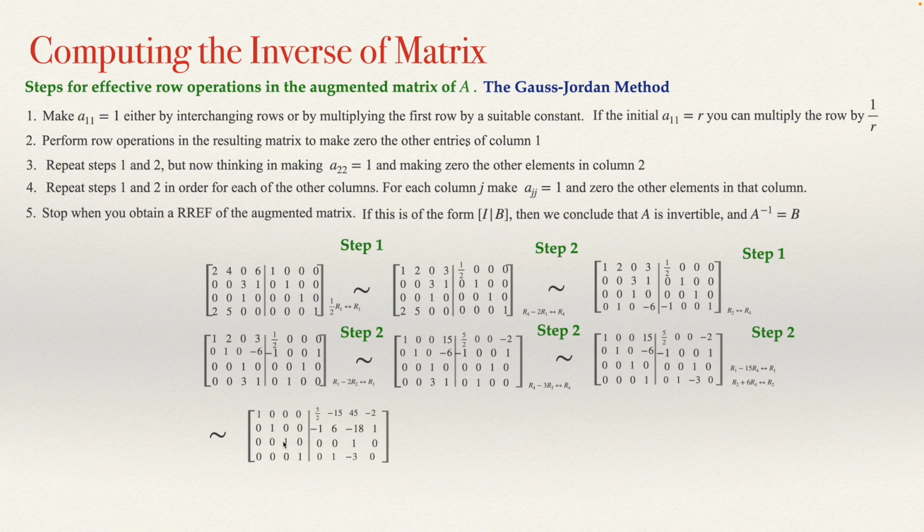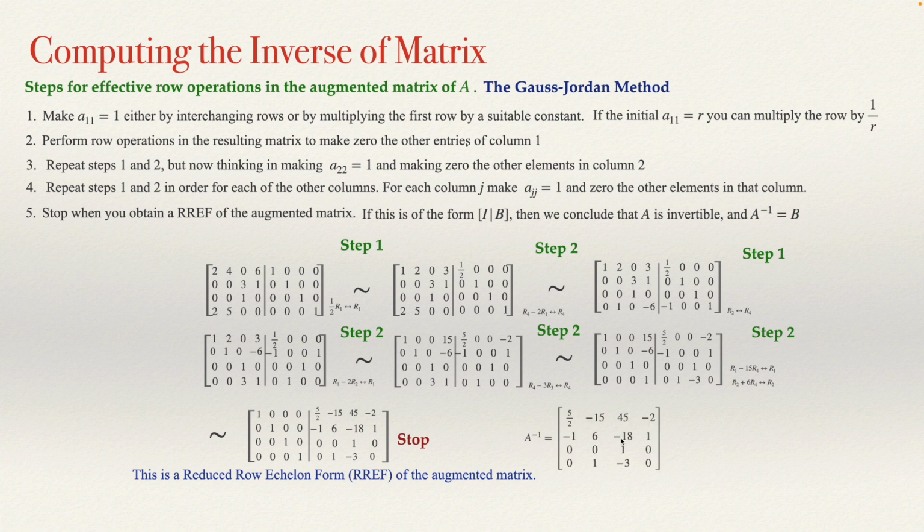So the identity on the left side, and the matrix that we obtain on the right side is the inverse of the initial matrix. This is a reduced row echelon form, RREF, of the augmented matrix. And you should stop at that point. The inverse of A will be then